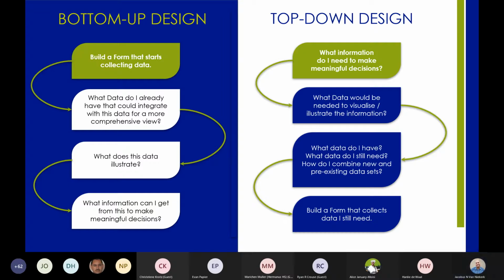And it's important to understand that we're not saying that bottom-up design is bad and you should never do it. Not at all, because very often, just in terms of practicality, we don't always know what the data will be and the meaningful decisions that we want to be able to make before we've got the information. So in that practical sense, we often end up doing a bottom-up design approach rather than the top-down design. The main message I'm trying to convey is,